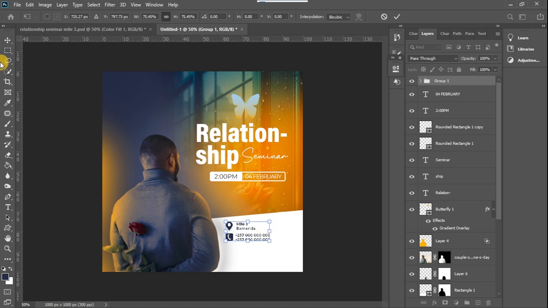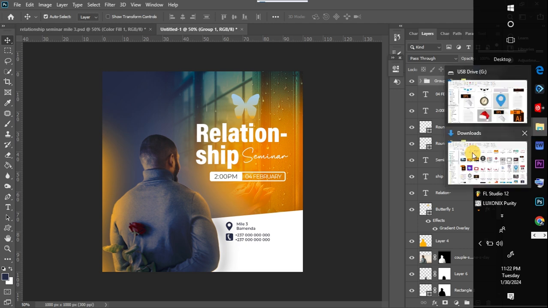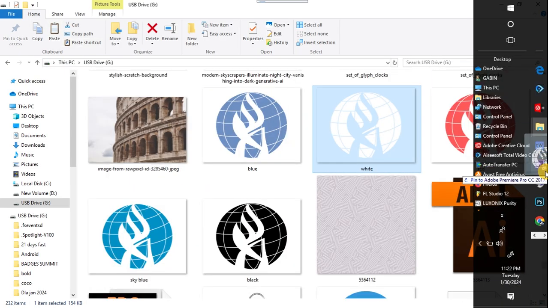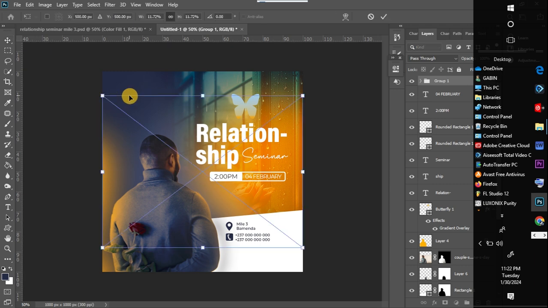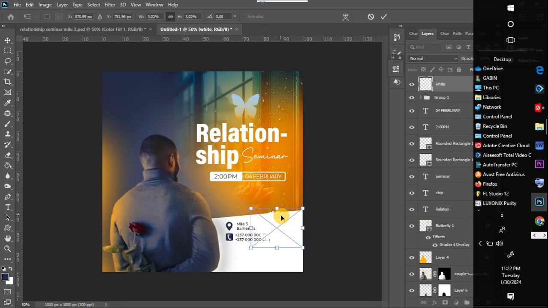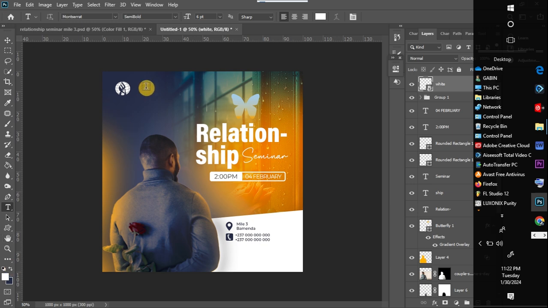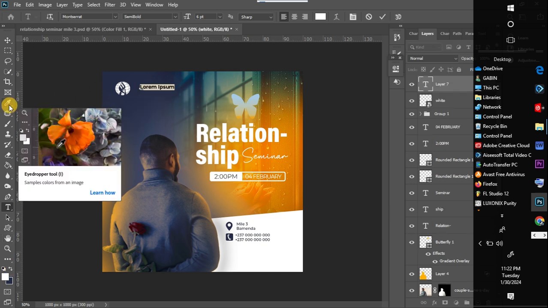I'll position it here. Now I'm going to be adding the logo of the organization, so I'll just drag the logo and drop into the design, reduce the size of the logo like that, position it here. Switch my color to white. We'll type in Academy Fellowship